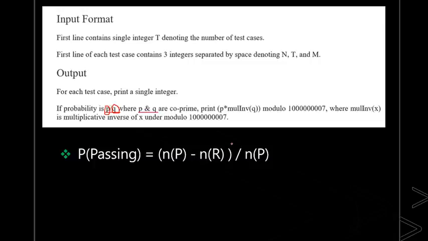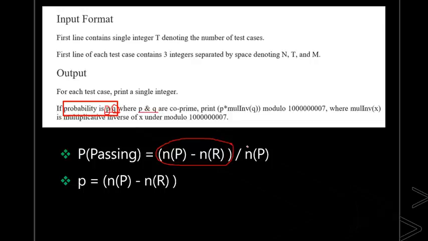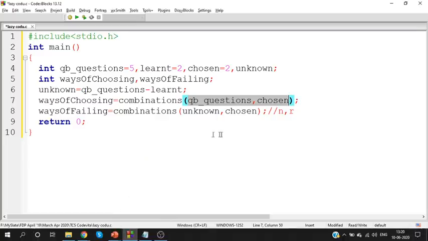What is the numerator? N of P minus N of R is the numerator. Is this clear? And what is the denominator? N of P is the denominator. Can you all understand this? Don't divide it and don't give me a decimal. They need the probability. N of P minus N of R is the numerator, which is P, and Q is the denominator. Is it clear? Okay, so I'll add it here. We need the values of P and Q.